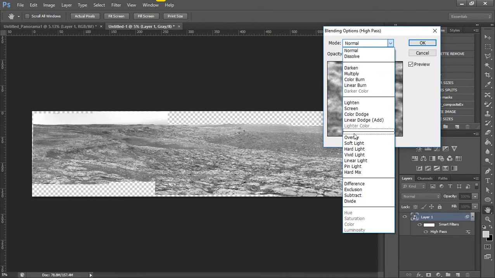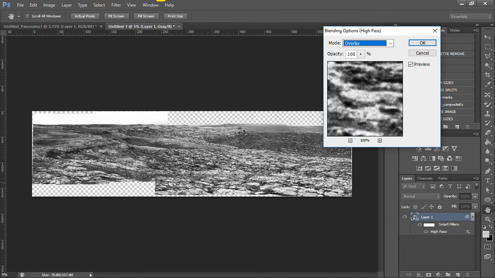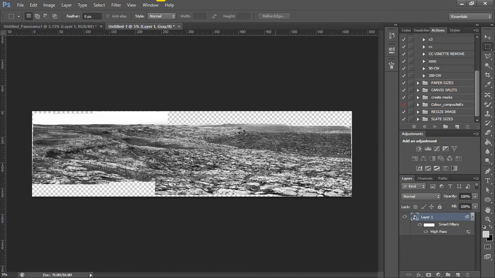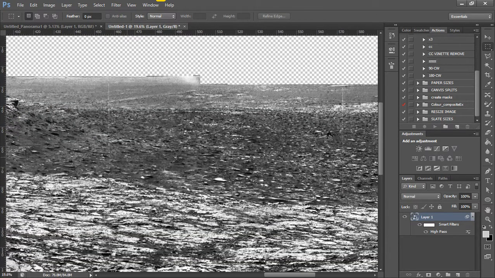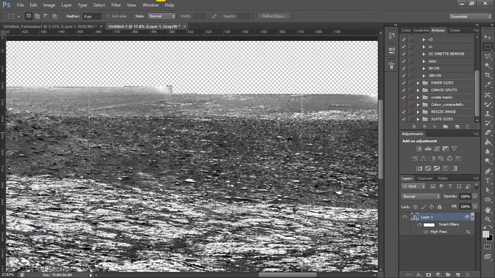Now if you click on overlay, it really brings out the dark tones, and it brings out the mid-tones. You can alter how it looks here. But I click OK. Now I go back and look at this here, and it's brought out all of this,